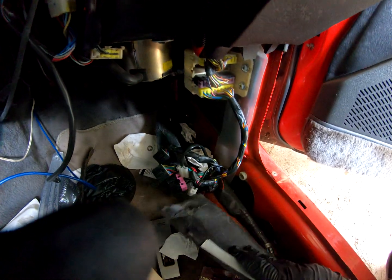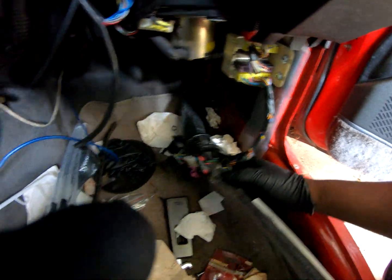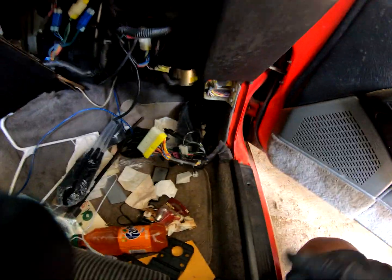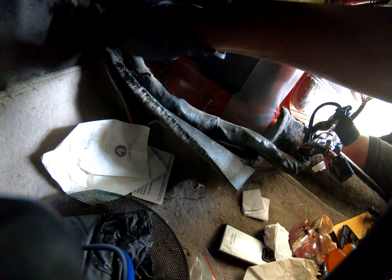Alright, so once you remove that, I need to know exactly which harness this thing comes down to, because there's a harness that goes all the way in the back. So I will be right back. Let me double check something real quick. So I actually think it's just this harness here. So it loops up and goes under here, but we're going to